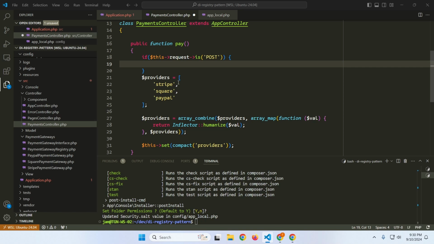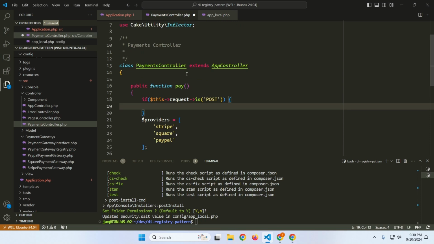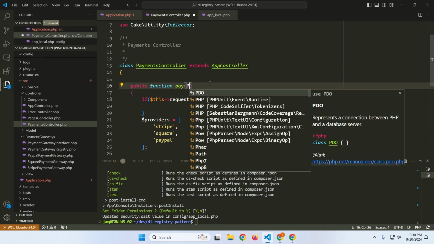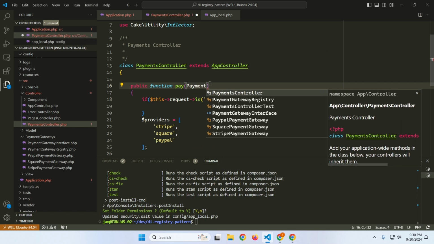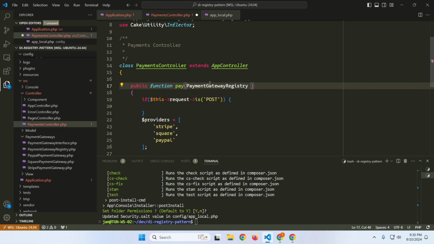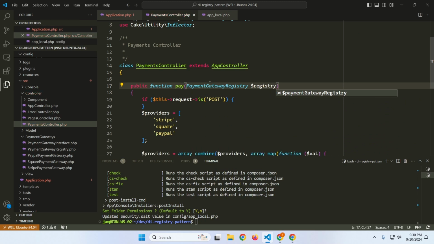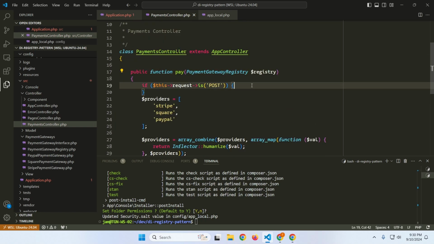All right, so what we want to do in here, with CakePHP, with dependency injection, we firstly want to specify a payment gateway registry. So we pass the registry in to our function here, our action, and then what we do is